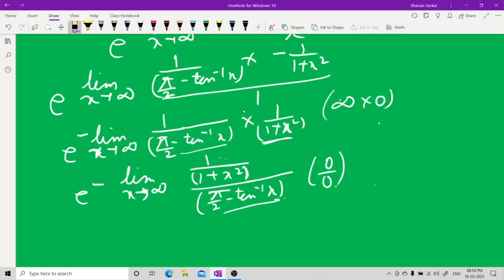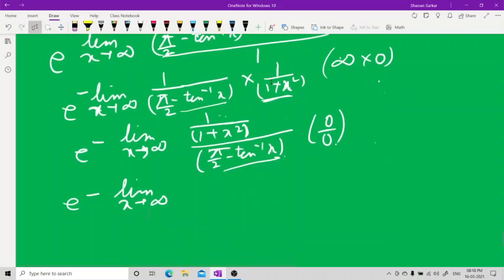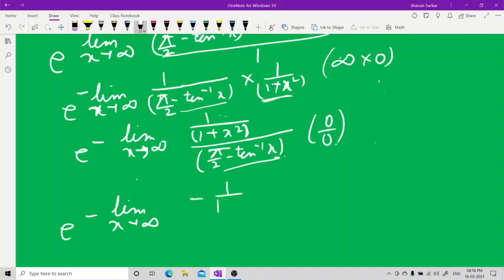Now you see, now you use L'Hopital rule. Again use L'Hopital rule. Minus limit x tending to infinity. Now this will become, let me take some space and rewrite it again. e to the power of minus limit x tending to infinity. This will be minus 1 upon 1 plus x square whole square into 2x